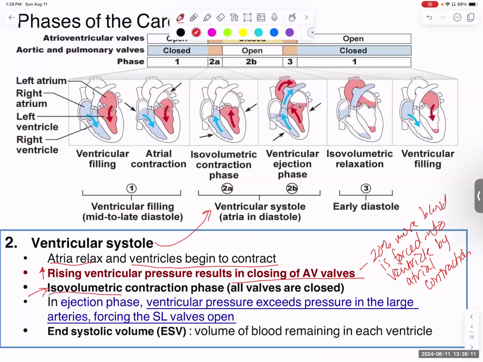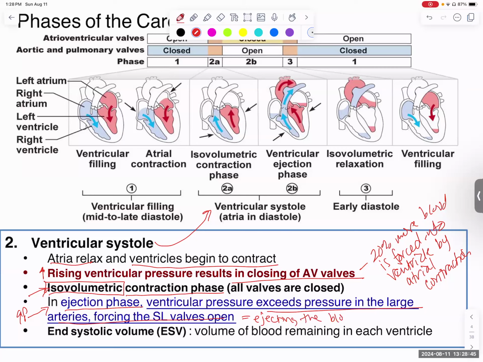And since all valves are closed, it is isovolumetric, but the ventricle is starting to contract. And that results in the pressure going up to the point where the semilunar valves are opened in the ejection phase. So ejection phase means ejecting blood. Ventricular pressure exceeds the pressure in the large arteries, that is the aorta and the pulmonary trunk, forcing those semilunar valves open,